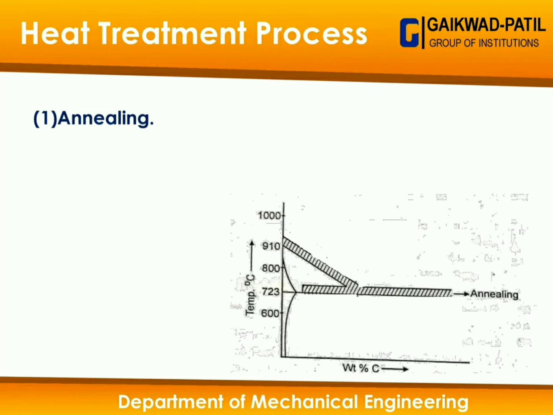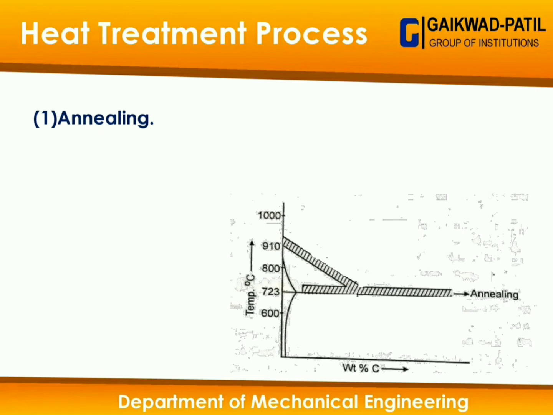Now, in annealing heat treatment cycle, we need to heat up the metal above its austenitization temperature, like 910 degrees centigrade temperature, and then allow it to cool down up to 723 degrees centigrade temperature. That temperature is also called the critical temperature. At this temperature, we need to keep that metal in isothermal condition for about 1 to 2 hours. And during this annealing heat treatment cycle, that metal gets re-softened.